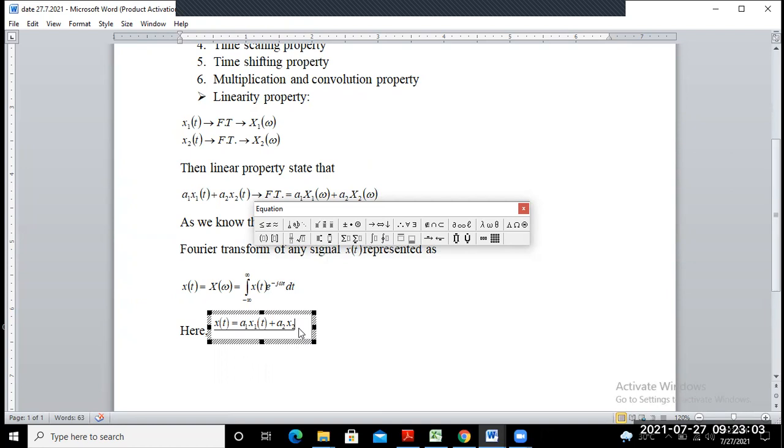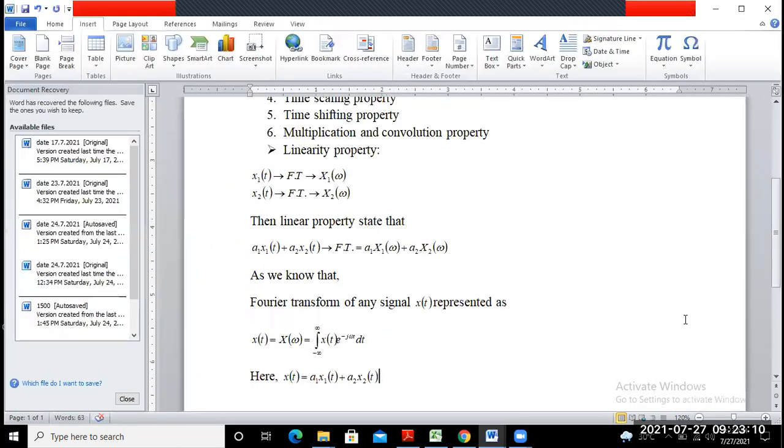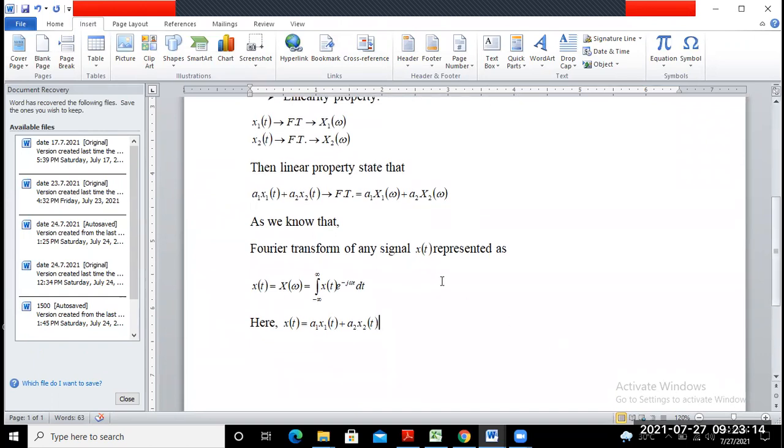Consider this one as equation number 1 and this one as equation number 2. So now from equation 1 and 2,